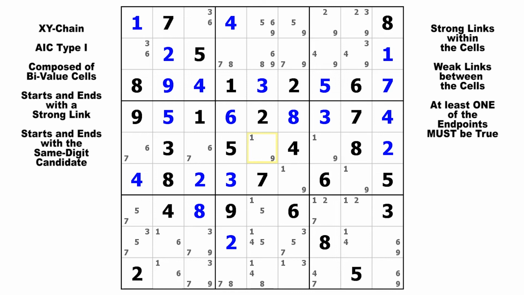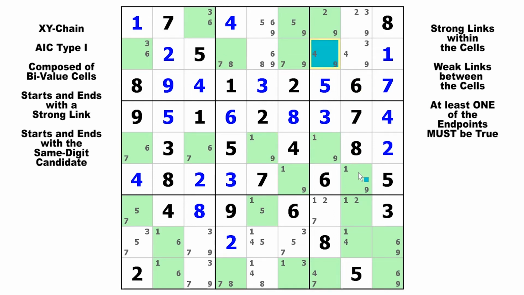All right, here in this puzzle, we have an XY chain made up of 7 by-value cells. So there are the by-value cells, and our starting cell is here, and our ending cell is here, and candidate 9 in those 2 cells will be our start and end points. And remember, you could start on either one of those 9s and it would still work, but let's start on this one up here in row 2, column 7. And we've got a strong link to the 4, a weak link to this 4, strong to the 7, weak to the 7, strong to the 8, weak to this 8, strong to that 7, weak to the 7, strong to the 9, weak to this 9, strong to the 1, weak to this 1, and finally strong to the